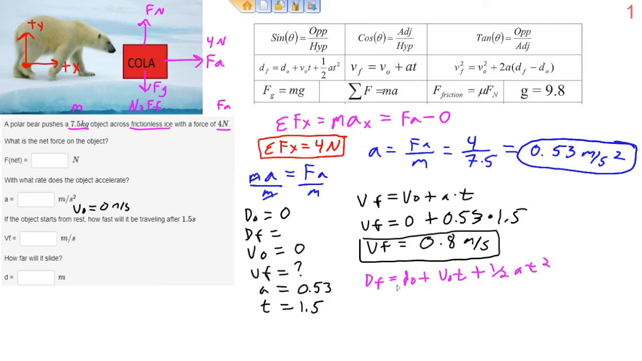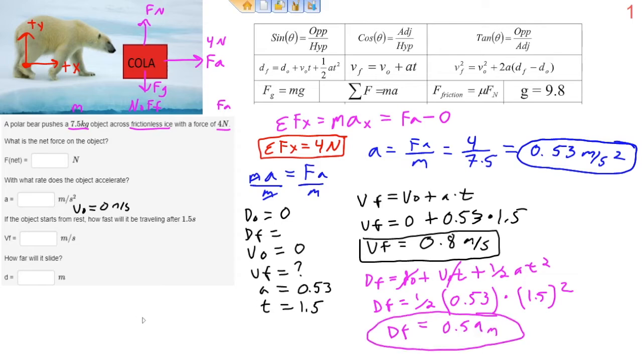I don't have a dO. My VOT is 0. Therefore, I just find out that dF is equal to 1/2 times 0.53 times T, which is 1.5 squared. I do the math and I get dF should be equal to 0.59